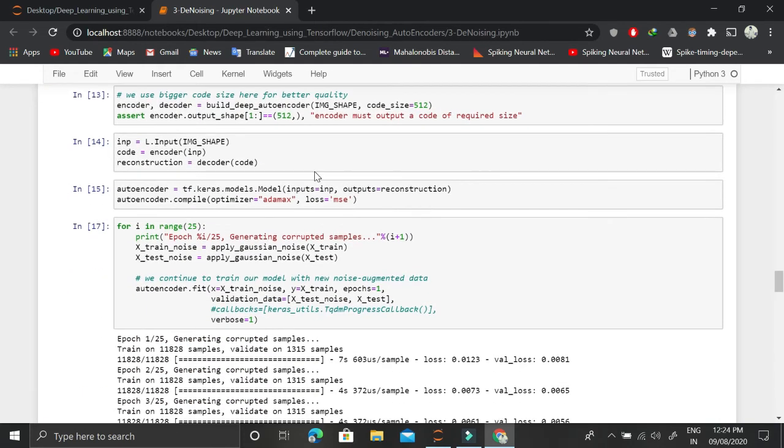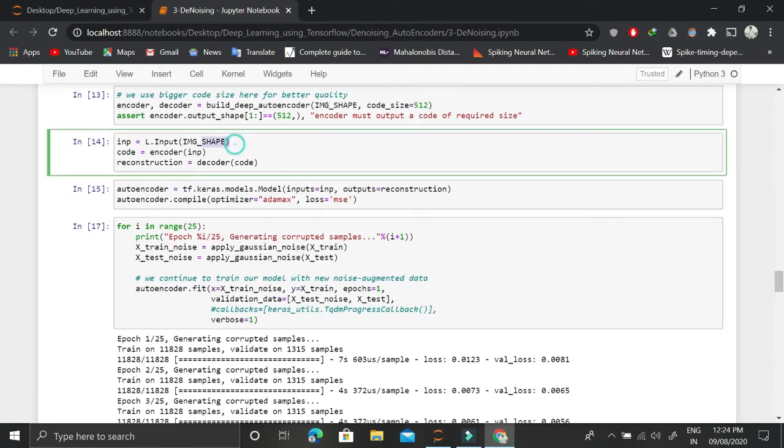Once we have done that, we will give the image shape that we are having. This image shape will be stored in this inp variable, and this inp variable will be used as an input, as I have already explained in the functional API, for this encoder part, and we will get as output this code size encoded image given this input image. Once we have this encoded image, we will give it as an input to the decoder part, and we'll get as output this reconstructed image. So this is how it is done. These are the two lines where we are applying the function that I've already explained.